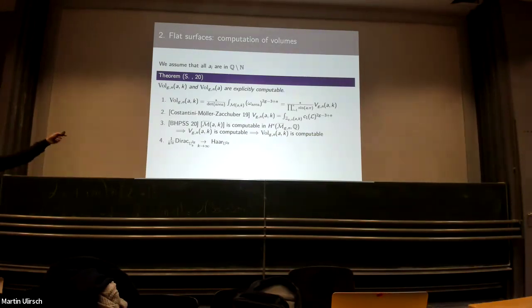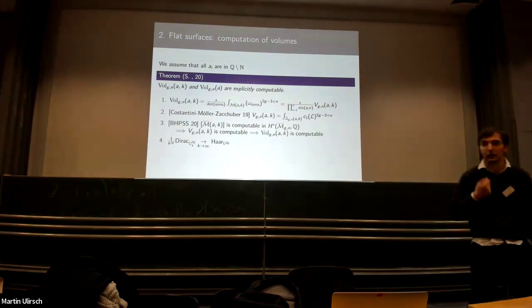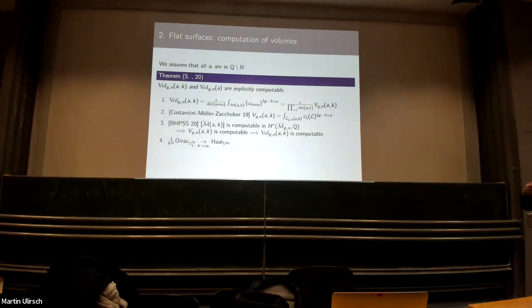So I'm done with the first part of the theorem, and now I want to go to the second part of the theorem. So I know how to compute this. So how to compute this? Well, I will simply use the fact that the part of the measure that I'm missing is the part which is not along the leaves, it is along the others, the target of the holonomic foliation, and the holonomic summation that